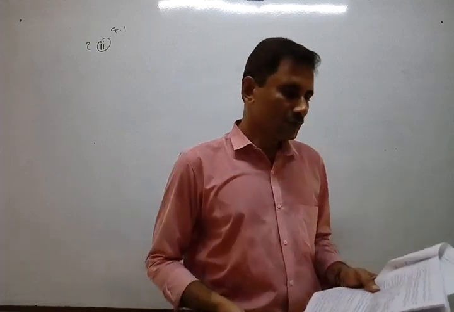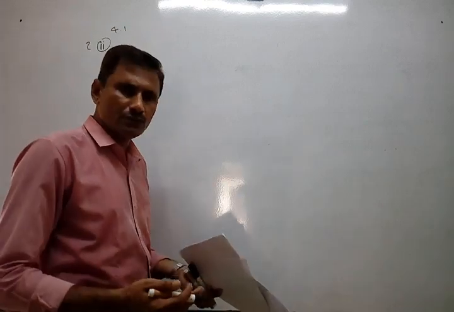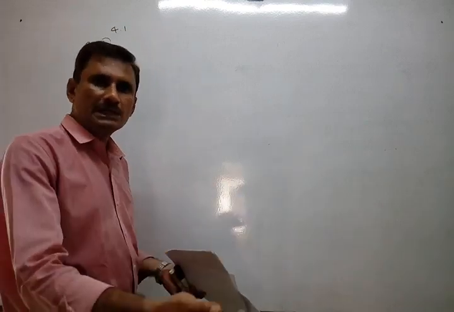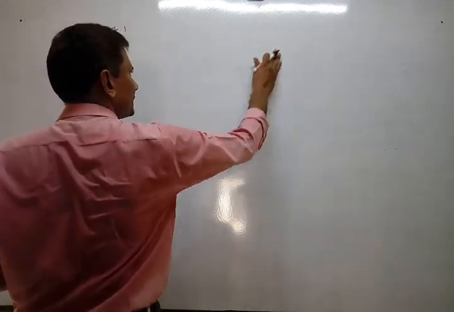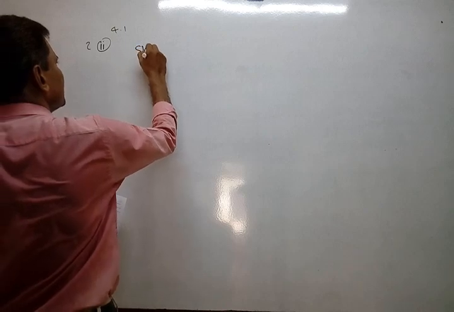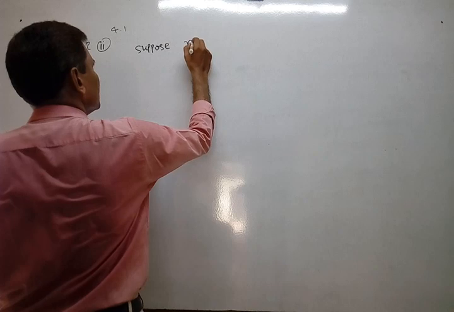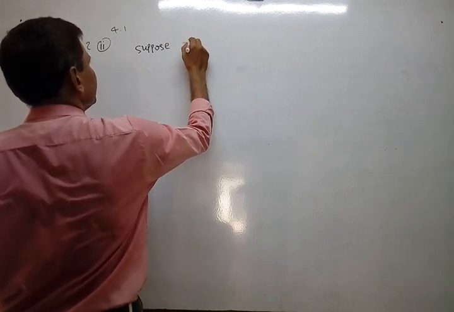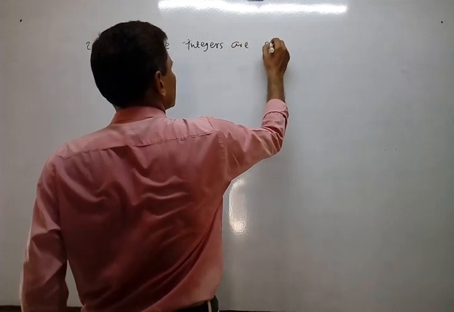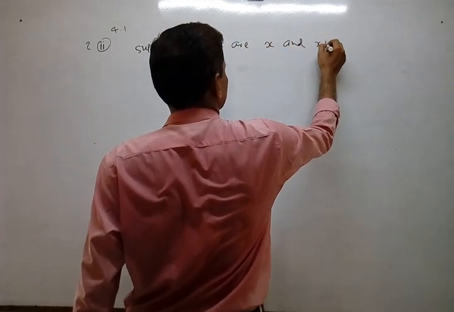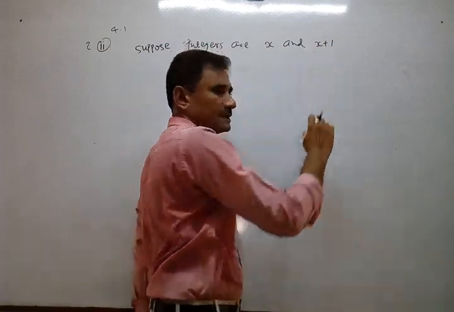So you can directly suppose both numbers together here. Why? Because the gap between both numbers is 1 only. So write down both numbers together. Suppose the numbers, or integers, are x and x plus 1. Why? Suppose 5 then 6, 6 then 7, 8 then 9, 15 then 16, 19 then 20.